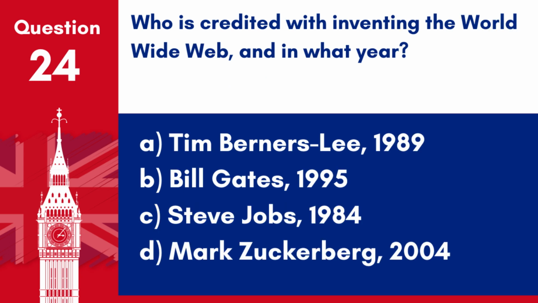Question 24. Who is credited with inventing the World Wide Web, and in what year? A. Tim Berners-Lee, 1989. B. Bill Gates, 1995. C. Steve Jobs, 1984. D. Mark Zuckerberg, 2004. Answer: A. Tim Berners-Lee, 1989. Tim Berners-Lee is credited with inventing the World Wide Web in 1989, revolutionizing the way people communicate and access information